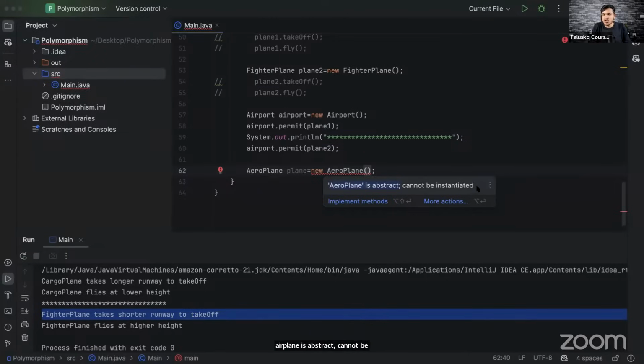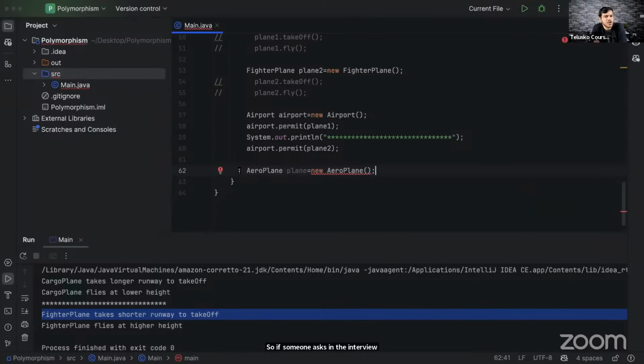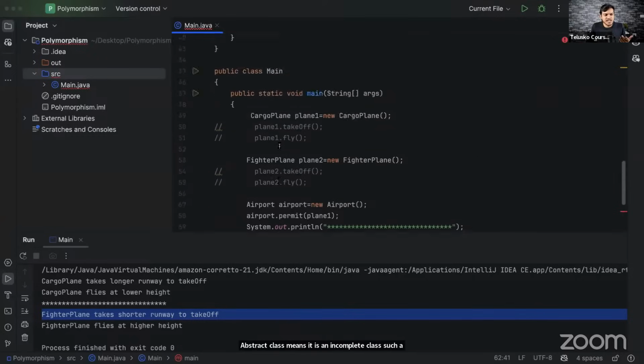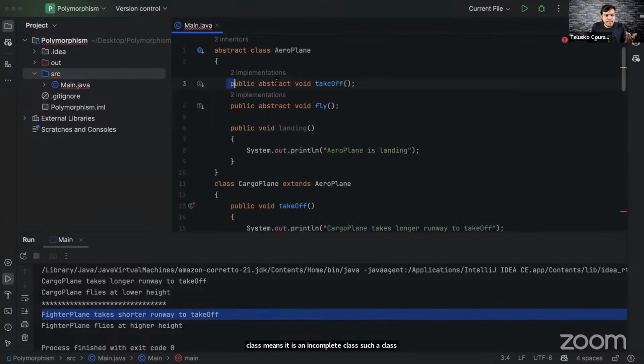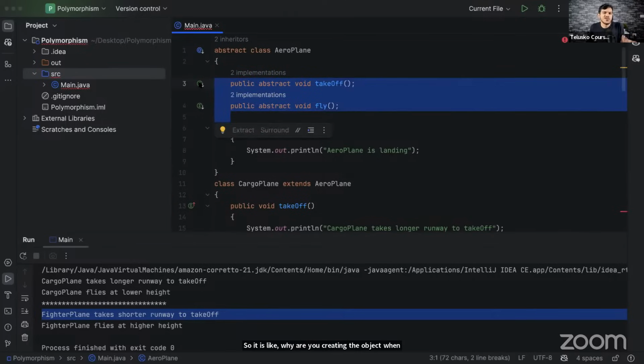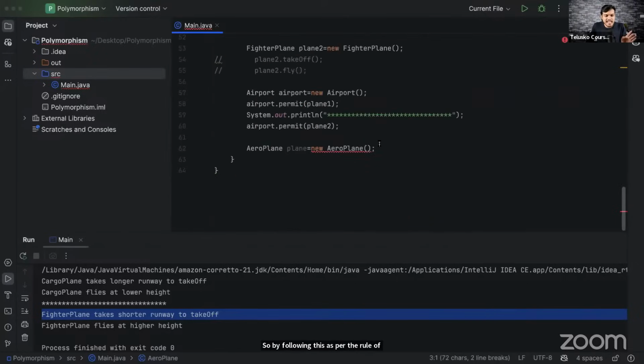In the morning session, I had told you that instantiated means object creation. So it cannot create the object. If someone asks in the interview, can you create an object or instance of an abstract class? An abstract class is an incomplete class, for which there will be some methods that do not have implementation or body. So why create the object when the actual code is not there? As per the rule of Java, you cannot create the object of